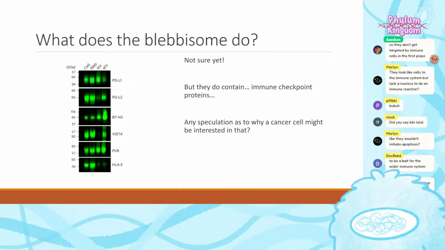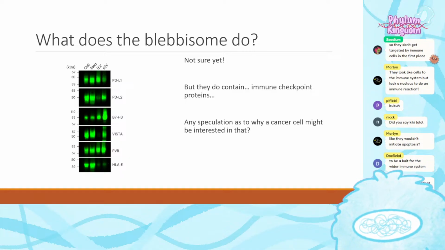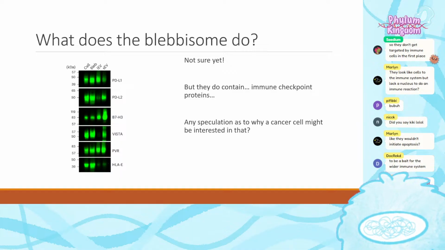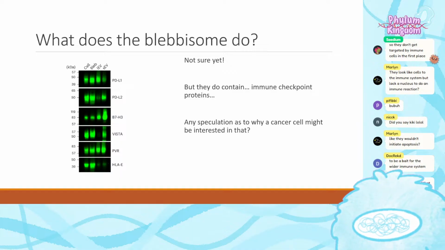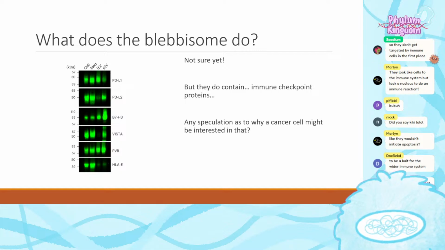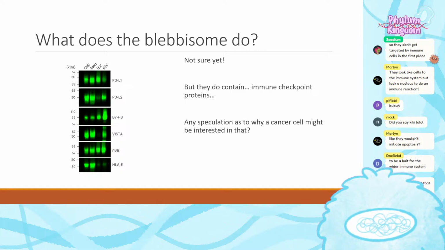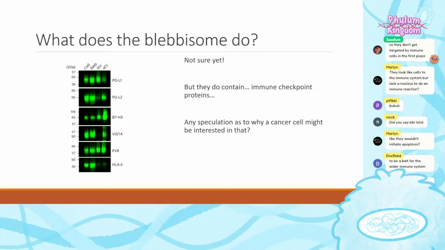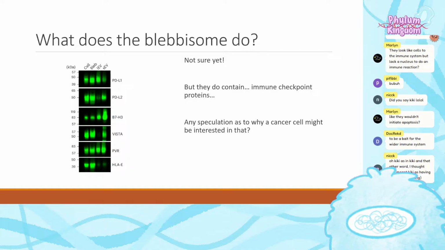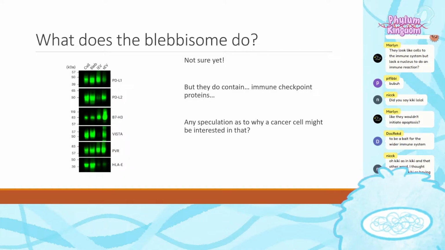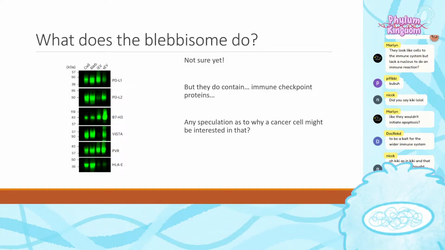Or because cancer is under one of the most oppressive evolutionary regimes in all of biology, a series of unfortunate events creates this very potent immune evasion tool. I don't know the answer. I'm very excited to find out though. And again, maybe one of you will find it out. It's so new and so exciting. Very, very cool.